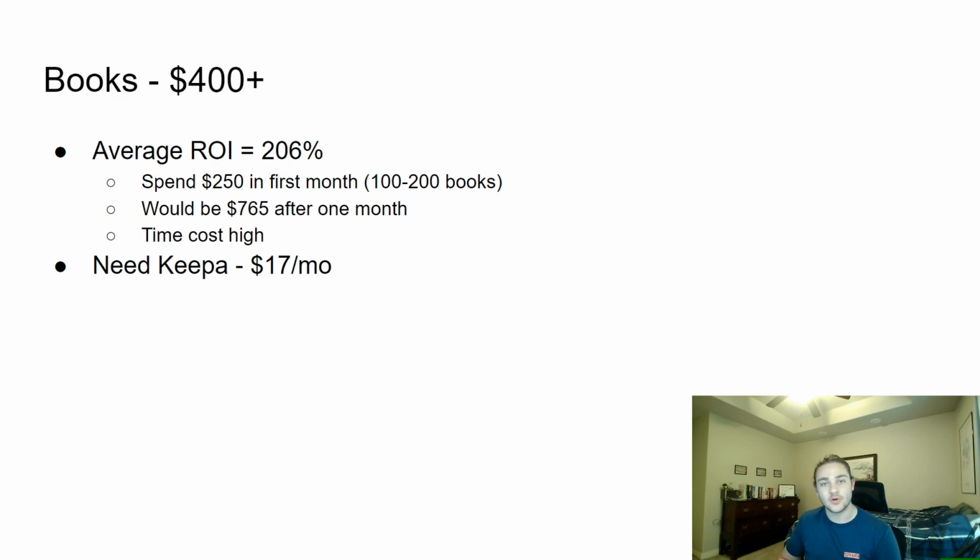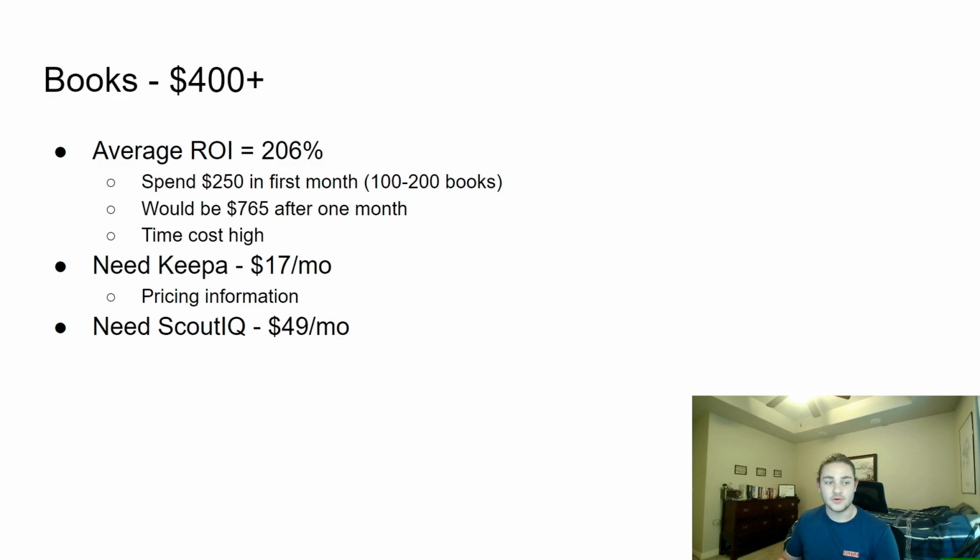You're going to need Keepa to inform your pricing decisions, and you're also going to need Scout IQ. Scout IQ is a must. Keepa you can get away with for a week or two without having it, but you're going to want it as soon as possible. Scout IQ, it's pretty much not worth your time to go out and source if you're just using the Amazon seller app with books, because Scout IQ is also going to show you a lot more information than that seller app scan could show you, in the amount of time that it would take. Definitely get Scout IQ if you're serious about sourcing.